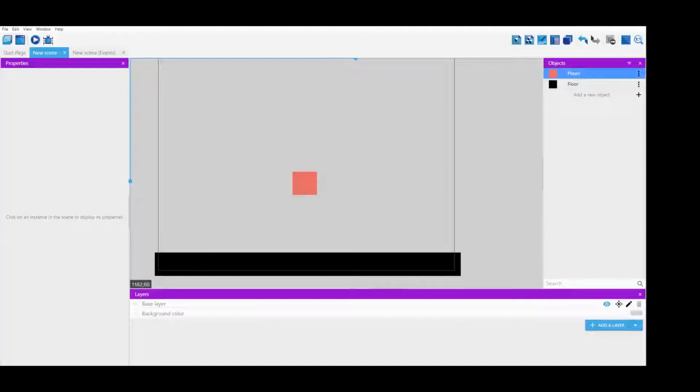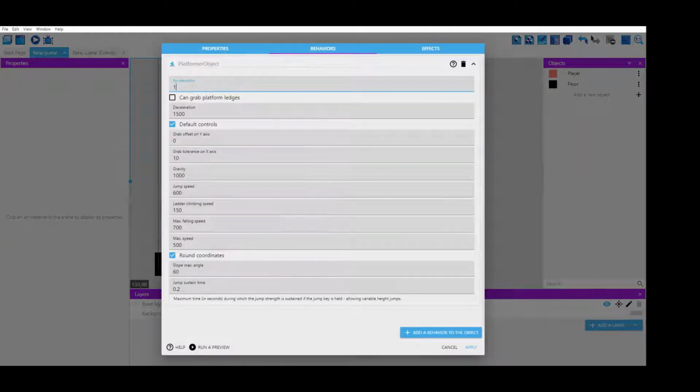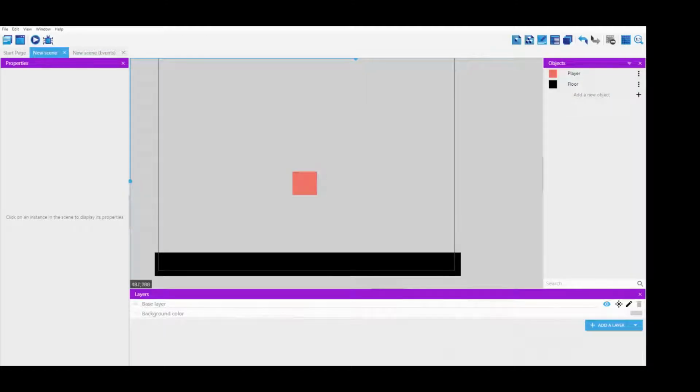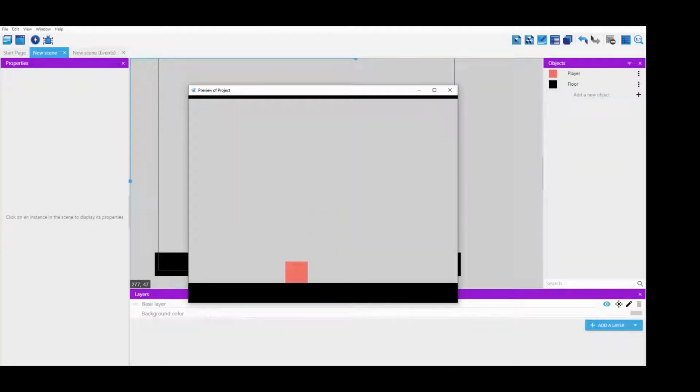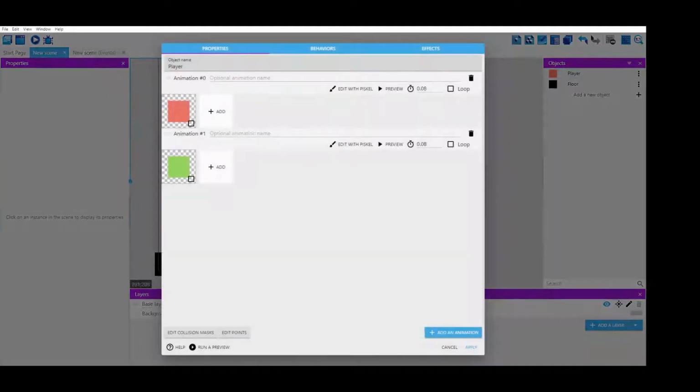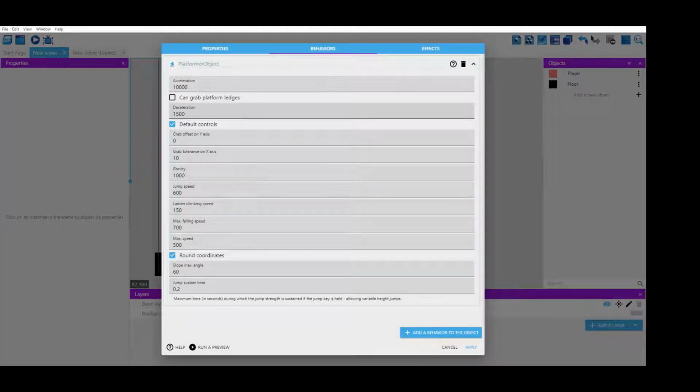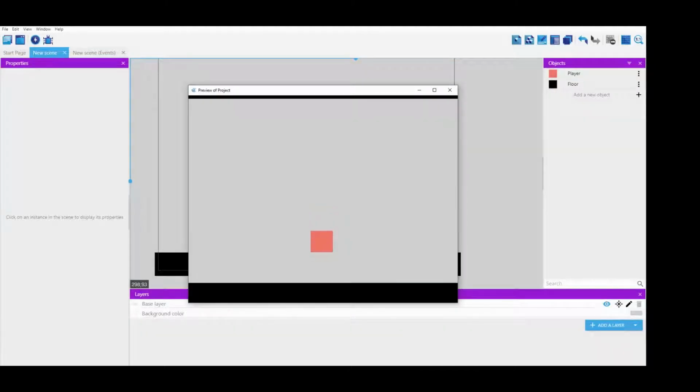But if I make this acceleration very high, like 10,000 for example, it's gonna immediately go to 500, like this, as you can see. Now, it's a bit sloppy when it's standing still, and that's because we just changed the acceleration, we didn't change the deceleration, which is the slowing down from 500 to 0. It's gradually slowing. No, we don't need this. We need it to be pixel perfect. This is how I like it in my games, to make the moving character a bit more stiff, and we need to make the player a lot more